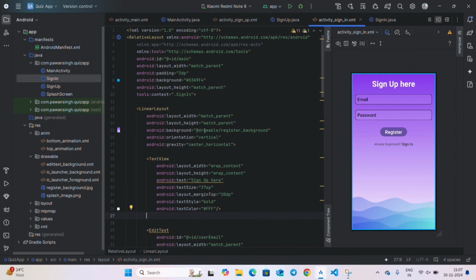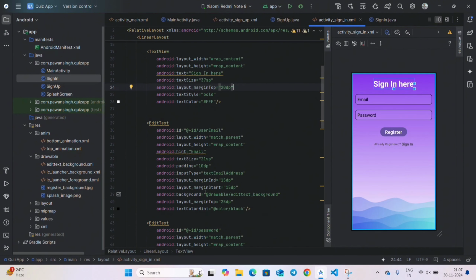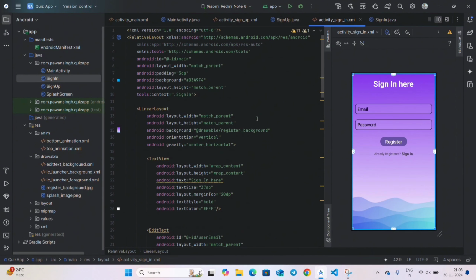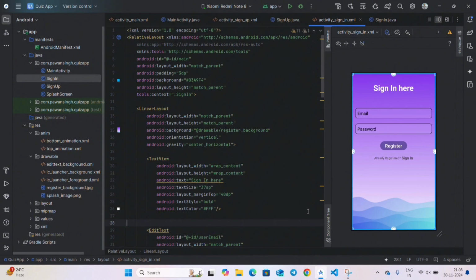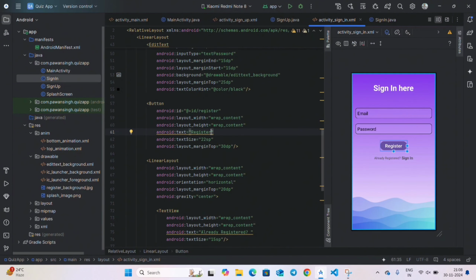Go to text view after the linear layout and write here sign in here, and as you can see we need the page in center. So in edit text for email, change this margin top to 70 dp. It looks good. And now also in sign in, give it a margin top from 20 dp to 40 dp. This is looking good. And in register button, in place of register we have to write sign in,